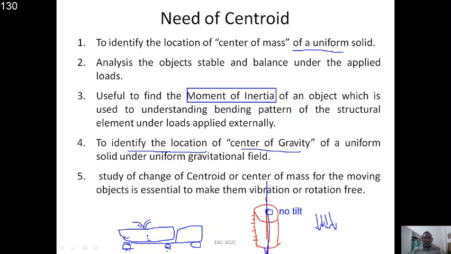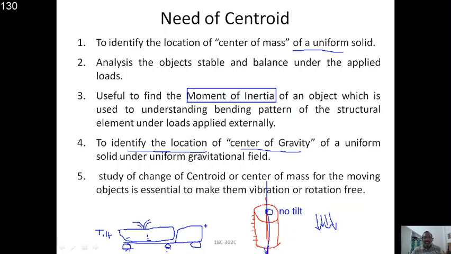Due to that, it might be subjected to tilt conditions. There might be a problem of tilt, or a problem of rotation, or more wastage of water due to tilting. So this can happen for moving objects. Hence, in order to understand the change of center of mass or centroid or center of gravity for moving objects,